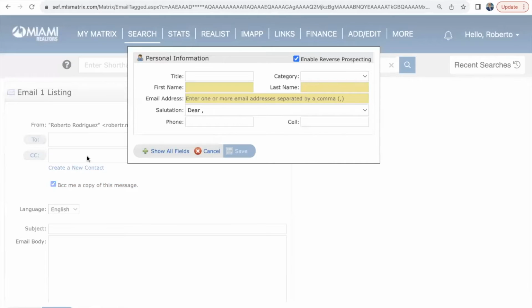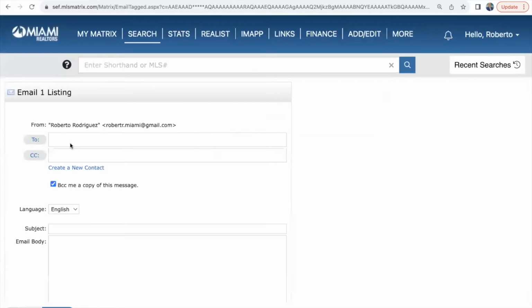You click on create a new contact, place their first and last name, place their email address, and then hit save. The reason why you want to do this is because now you've created an account for your contact. Now they have an account where they can save their own listings to the account. If I just type in an email address here and I send it, the recipient will receive the email, but they do not have an account with us in the MLS. So it's very simple. Just go ahead and click on create a new account, place the first and last name and email address and save it.